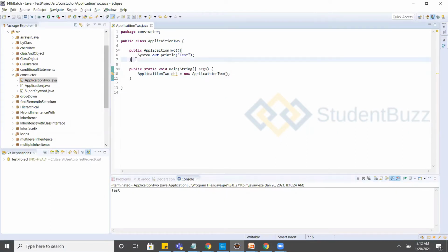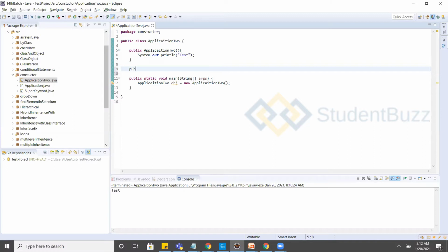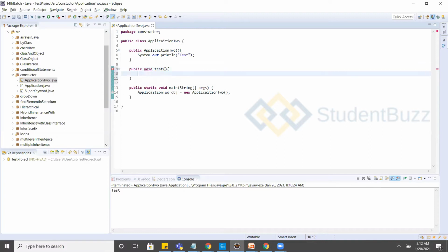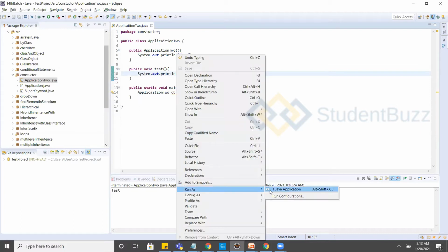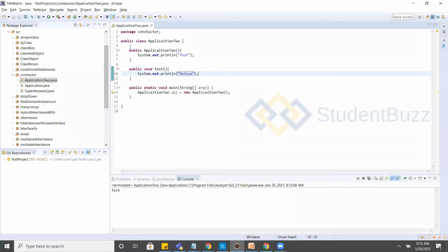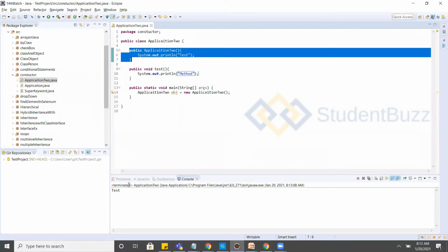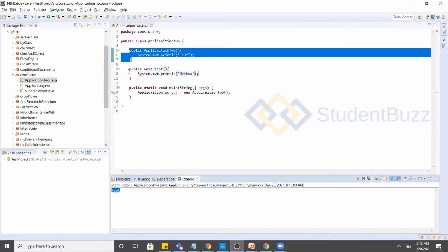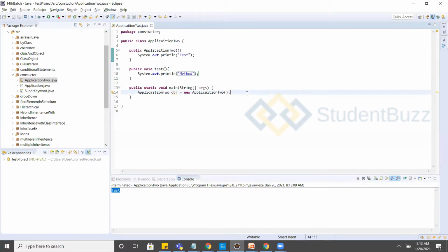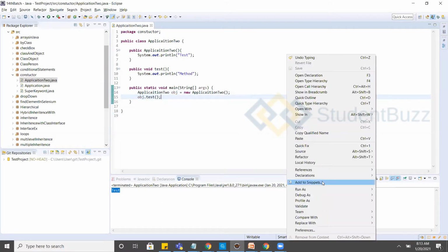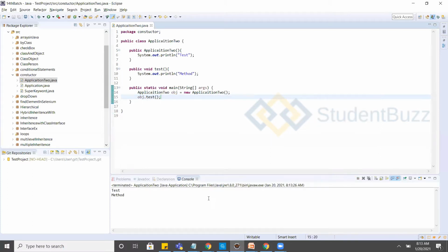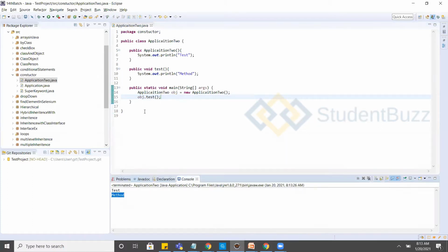For example, I have another method, void test method, and I'll put this in as well. I execute this program, and only the constructor is called. Only the constructor prints here. The method is not executed unless you call it with the object dot method name. See, now the method is executing.